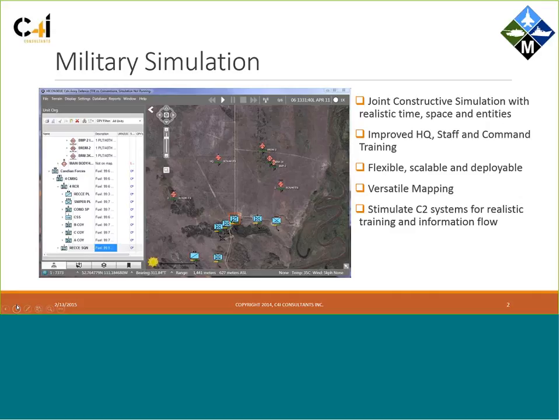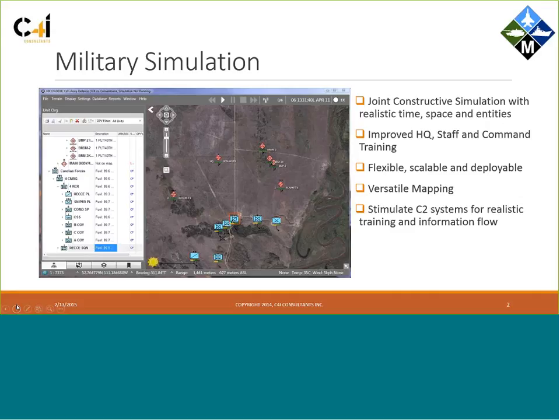Like many constructive simulations, it does all of the military operations. MILSIM does an awful lot more. It does all of the joint aspects. It also does all of the engineering. It does medical, it does logistics. And of course, it's got a brand new versatile Esri runtime GIS capability so that we can ingest any digital mapping at all, whether that be satellite imagery, military mapping, street maps or any other mapping capability. And one capability that MILSIM has is that it's designed as a C2 system so that it